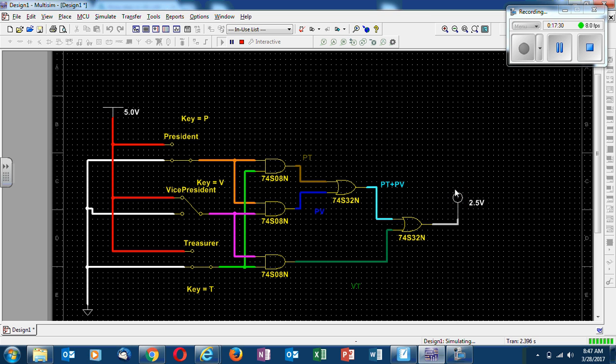What about if the president votes no and the treasurer votes yes? Yep. So what about if vice president votes no, treasurer votes yes, and president votes yes? Yep. So guys, you need to test for all the possibilities, and I strongly suggest actually comparing it to your truth table rather than your logic expression. And the reason for that is that you could have made an error while you were doing the simplification. So make sure you actually compare it to your actual truth table. Okay, so